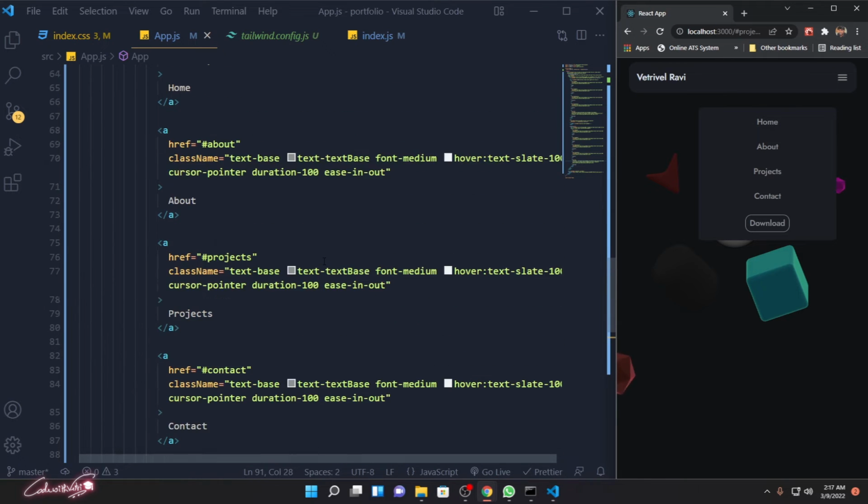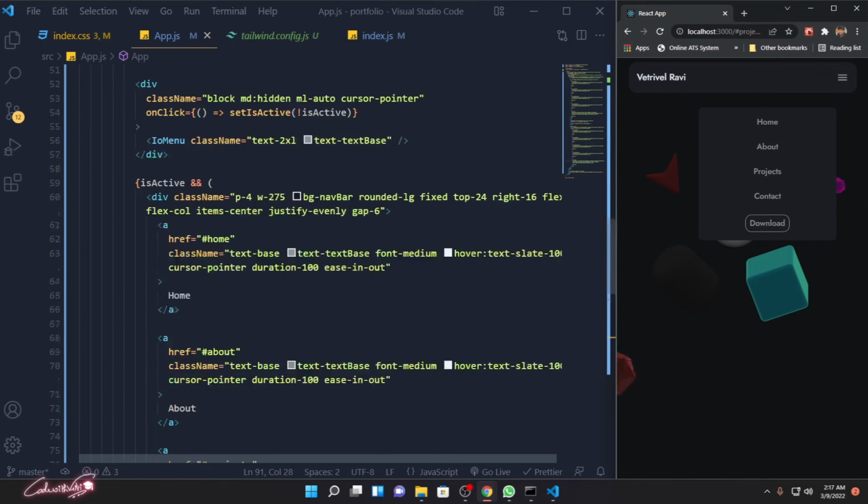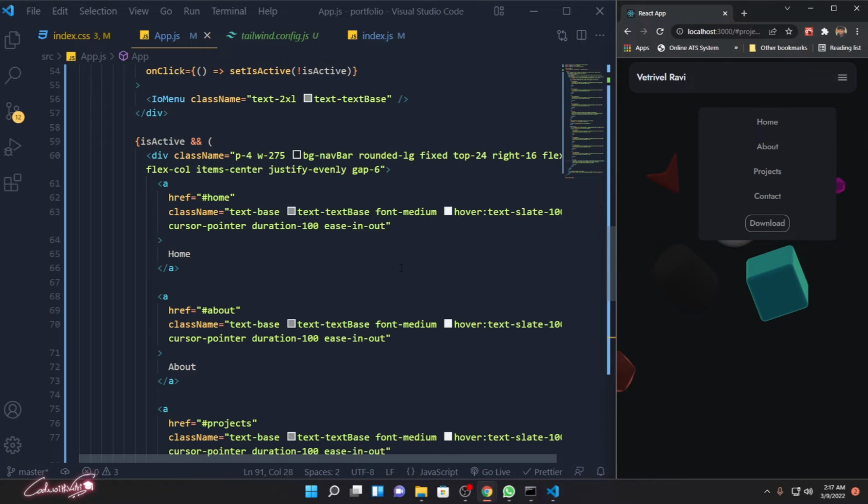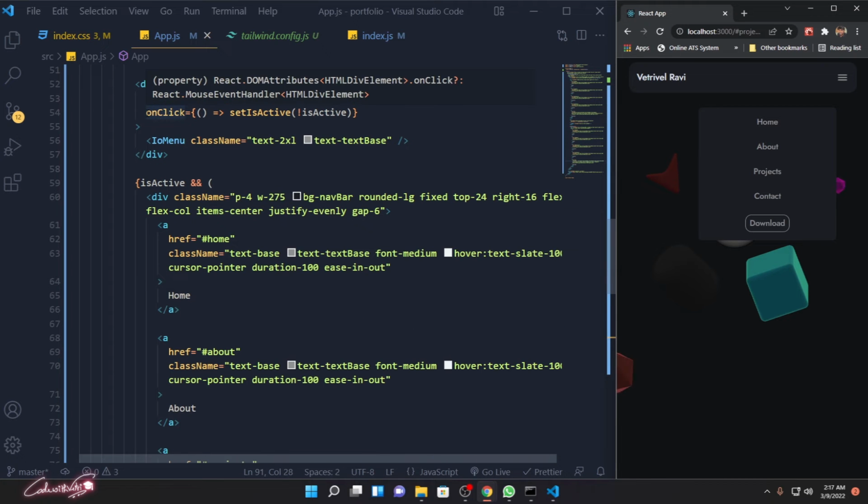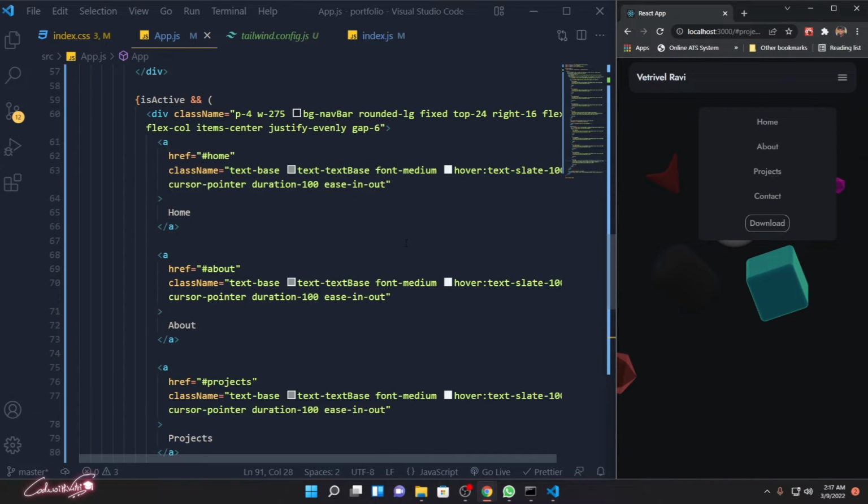The menu needs to be removed once you successfully click that particular link. So for that, I need to add that exact same on click event. I need to make it false, not active. So what I need to do is hold your alt key and click over here,